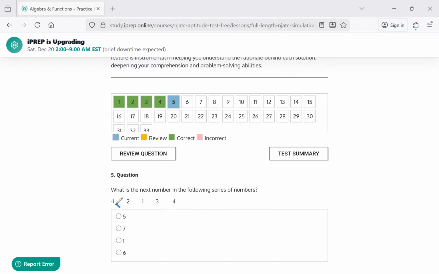From -1 to 2, it looks like you have to add 3. From 2 to 1, you're going to have to subtract 1, right? From 1 to 3, you have to add 2. And then 3 to 4, you have to add 1. Yikes, there it looks like